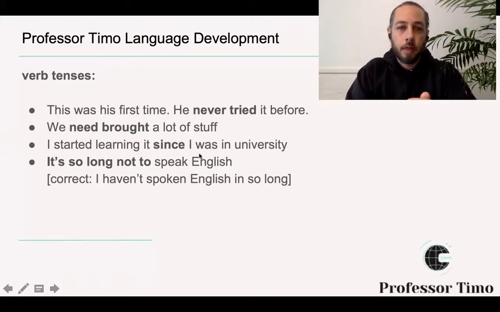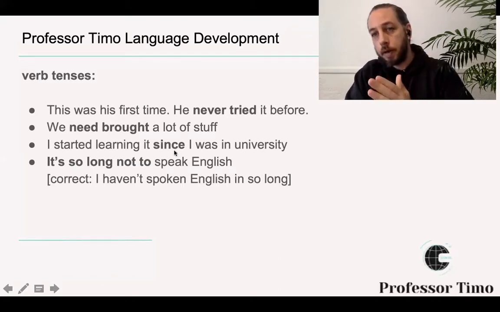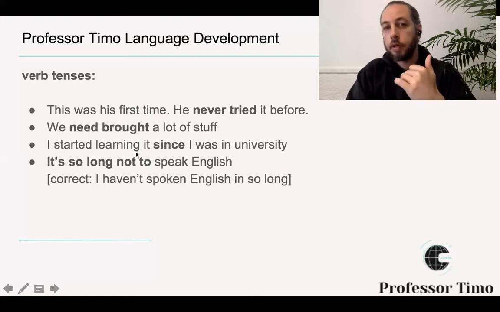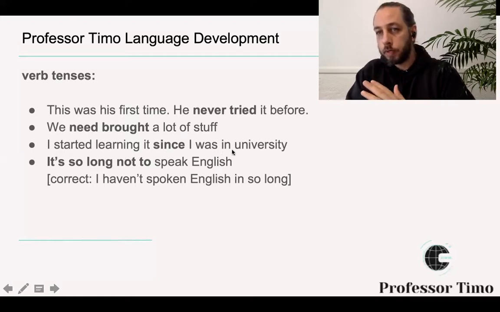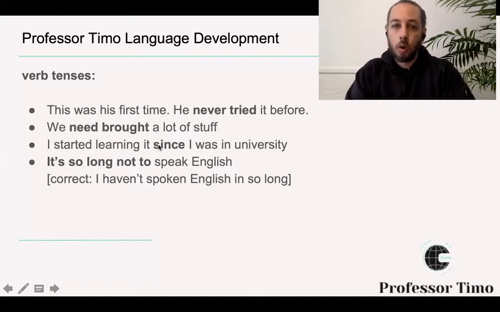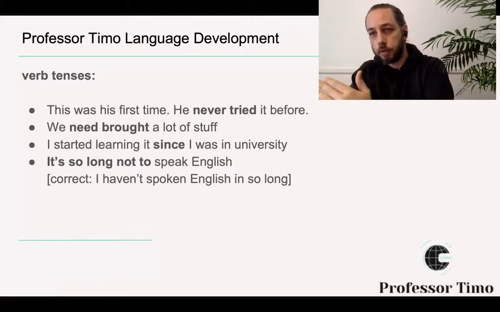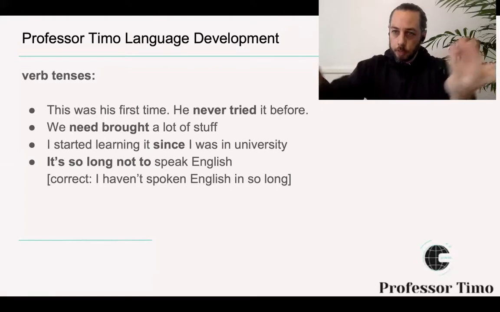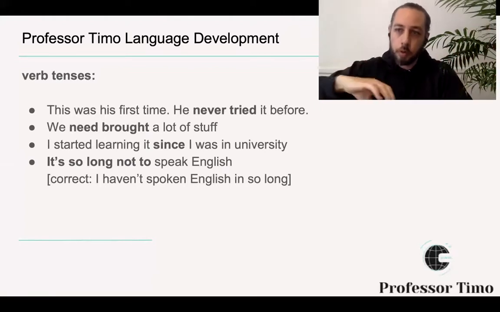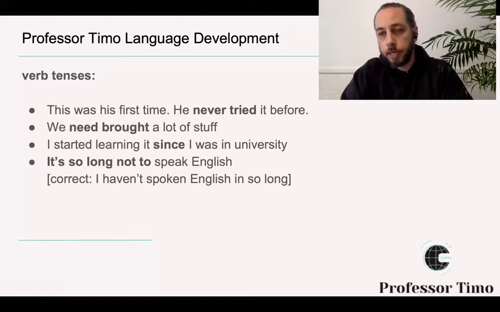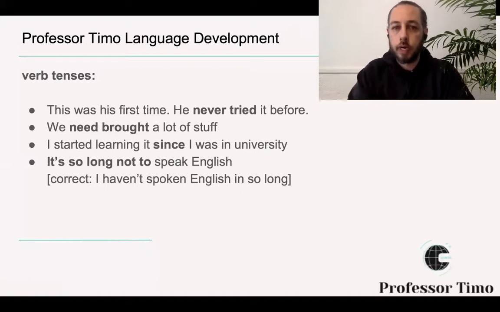All right, in our third example, we just need to change the word since, and let's change it to when. So this will be, I started learning it when I was in university. Or if you want to keep since, you would change this to I have been learning it since I was in university. So you can see there's always a lot of paths that you can go. There's a number of different ways that you can say the same phrase. You just want to make sure that your fundamentals are correct. So let's try those again.